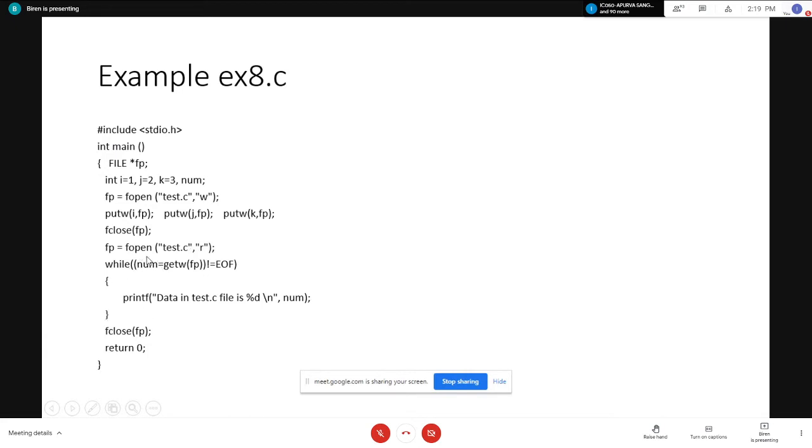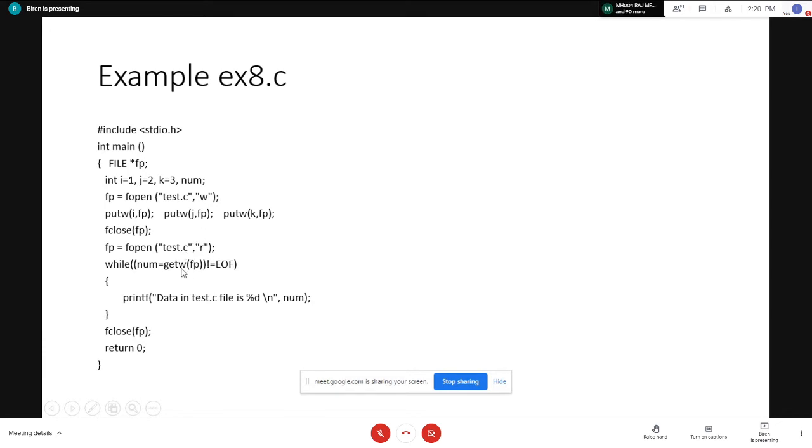Now we have one while loop, the test condition is num equal to getW(fp). So we have two parentheses. We need to evaluate the inner parenthesis first. With the help of the getW function, you are going to read one integer from a file. Which file? test.c. Why? Because you are using the fp file pointer which is associated with test.c, and this file has been opened in read mode.